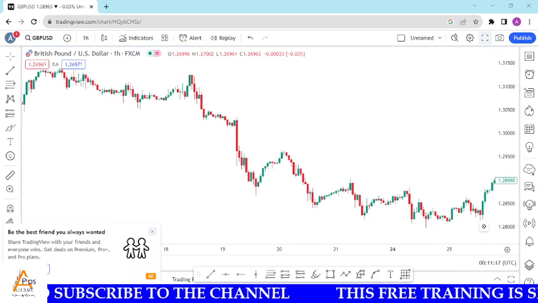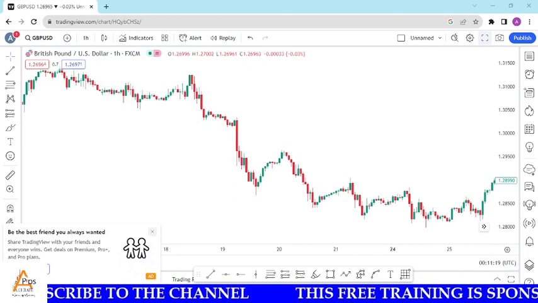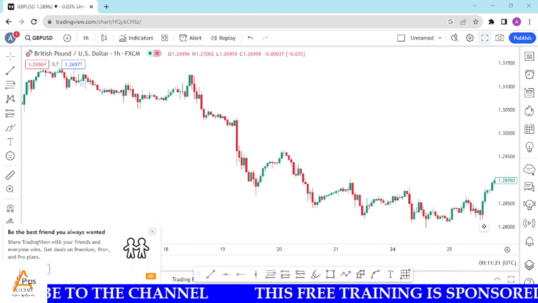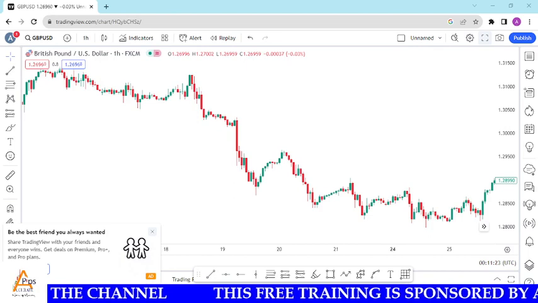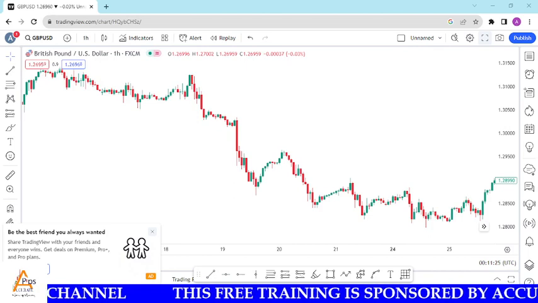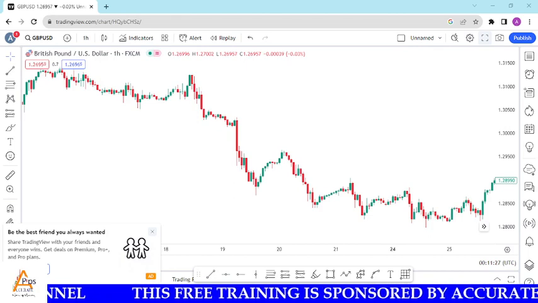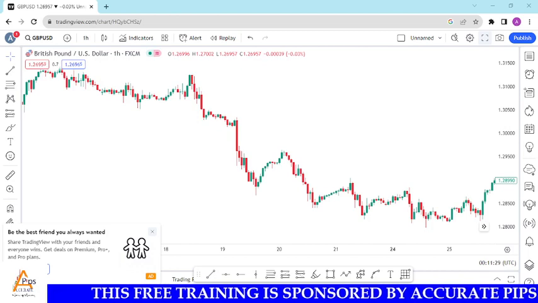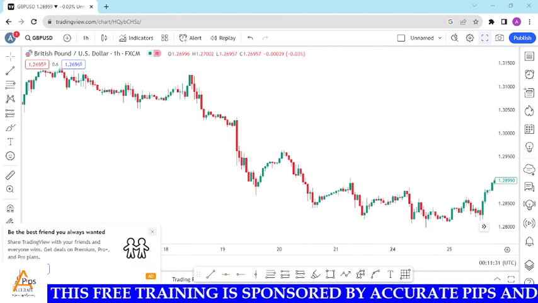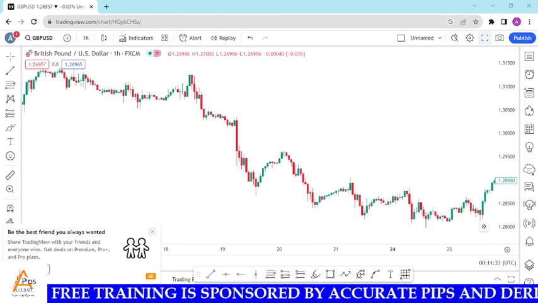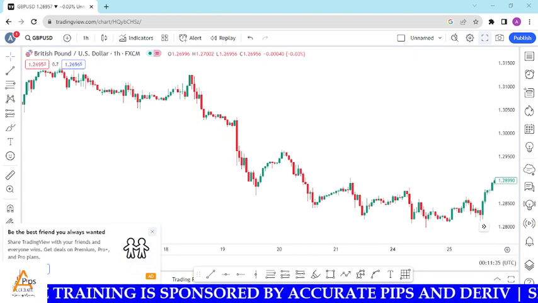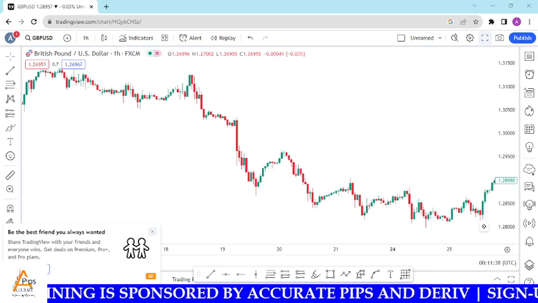If there is an area where you see an OB, but there is no imbalance, no inducement, no liquidity sweep, then you should know that if you trade from that area, you are going to become part of the smart money trap liquidity that is in the